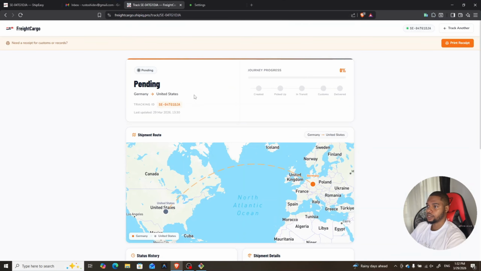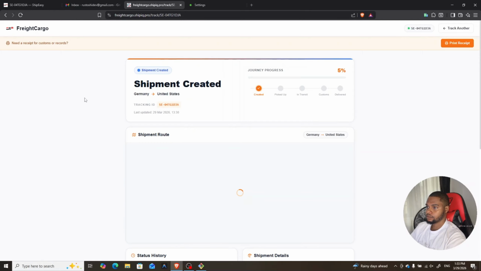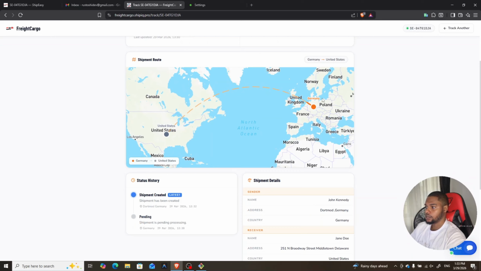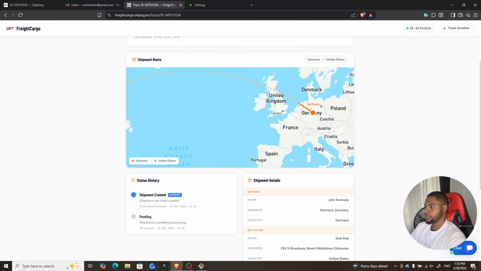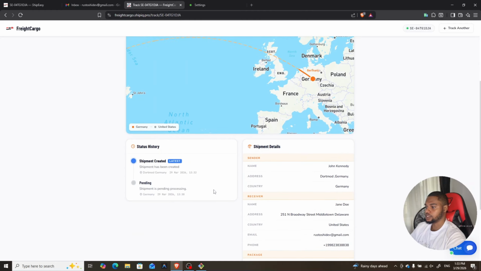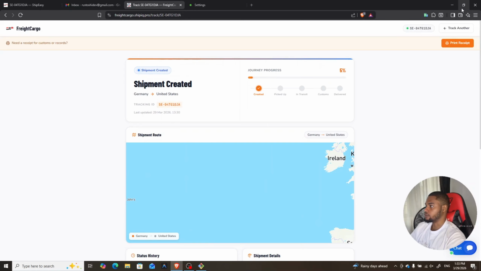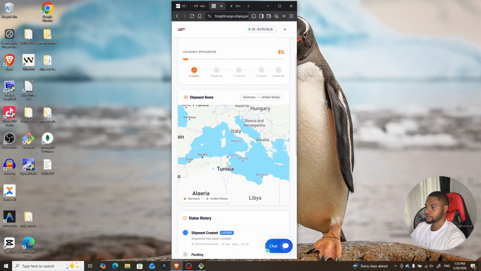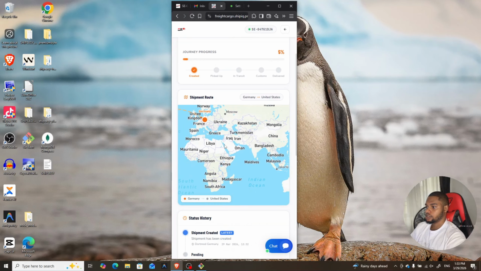Let me go back to the tracking page and refresh. See, it's now at 5%. It means the tracking has been created and it has been updated on the tracking page as well. And if you look closely at the map, you see that the journey has progressed forward a bit and the status history has updated. Let me show you what this looks like on mobile. See, very clean and very easy for anybody to understand. Okay, so